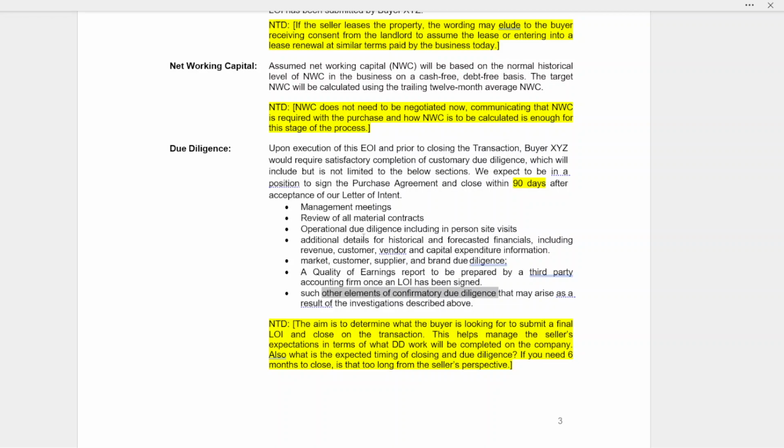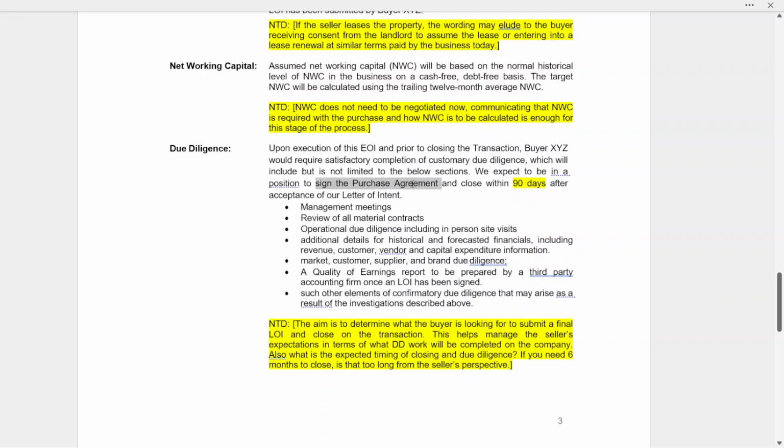So they're managing the seller's expectations to say, this is what I need. So start getting ready if this EOI is within range and we're going to proceed forward. This is a really good way, from the seller's point of view, to prepare themselves and the resources to deliver this information. And then in this last sentence, they're saying, we expect to be in a position to